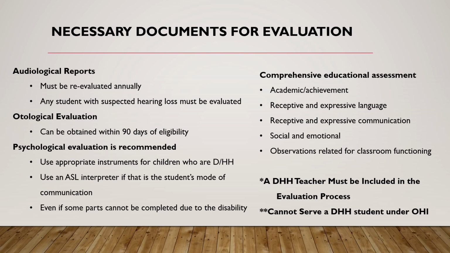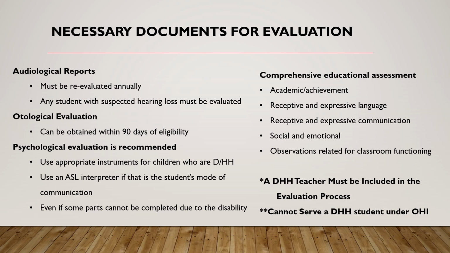This may mean getting an ASL interpreter if the student is able to communicate in ASL, and it is likely that all of the parts of the psychological evaluation will not be able to be completed due to the hearing loss, but as many parts as can be completed need to be done so that you can have a fuller picture of the child. Additionally, all of the comprehensive educational assessment pieces must be conducted as well: the academic, the language and communication, the social and emotional piece,